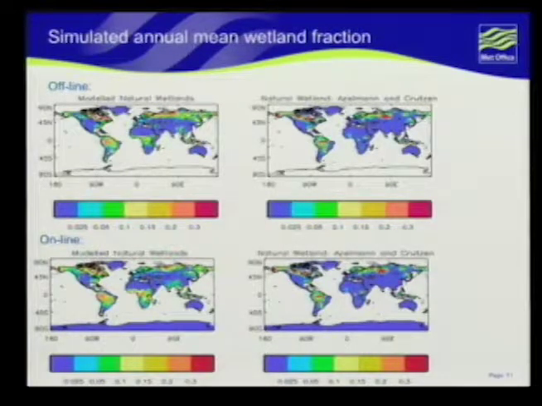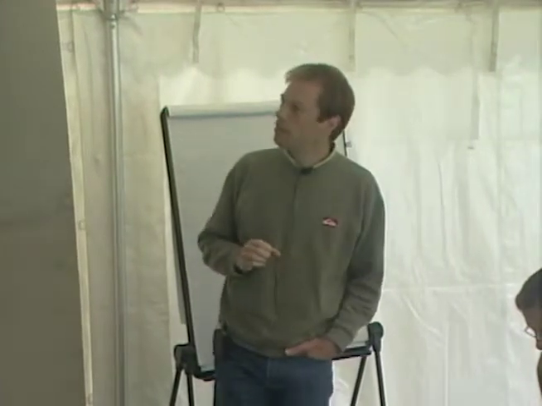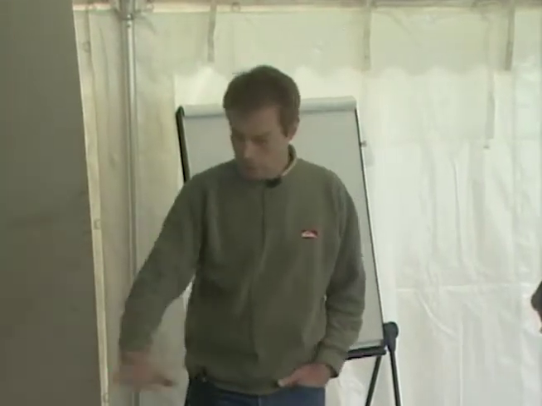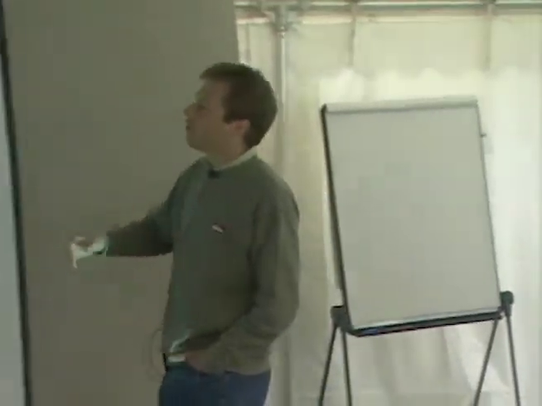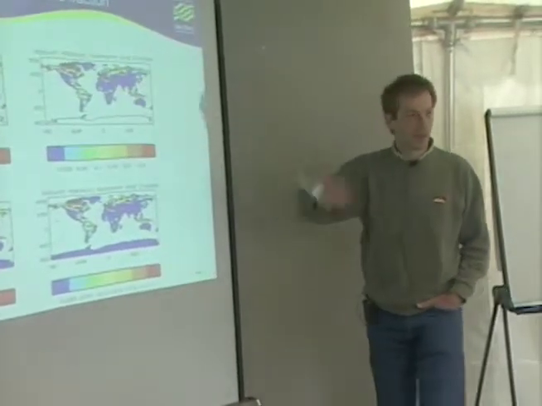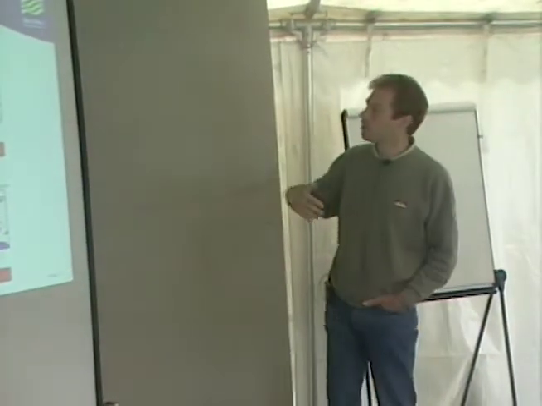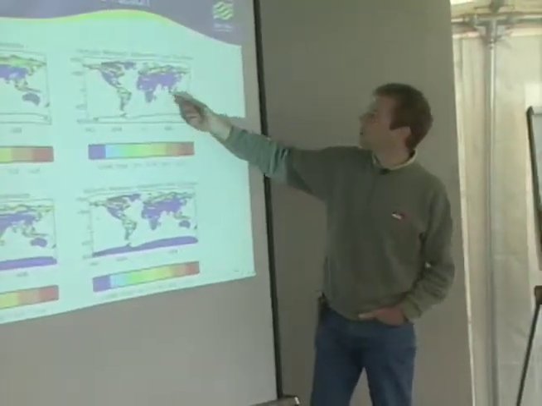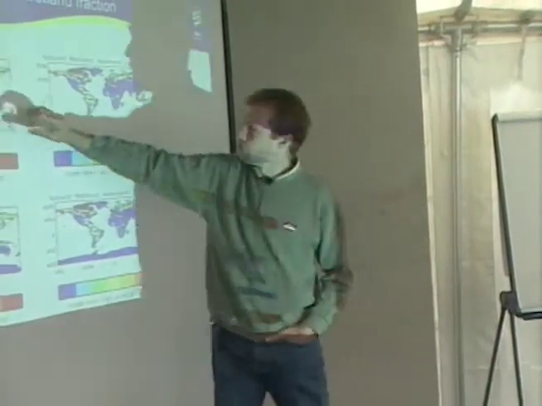Another feedback we've looked at is the feedback involving wetland emissions of methane. So we had some modeling of wetland, where basically we look at the water table, and we've got a subgrid distribution of the water table on where it comes to the surface, and we say it's a wetland. And the fraction of wetland which is simulated offline, so if we drive the model offline with observed climate, observed precip and temperature and so on, is not too bad as compared to observations. So this is observations, this is what we get offline.